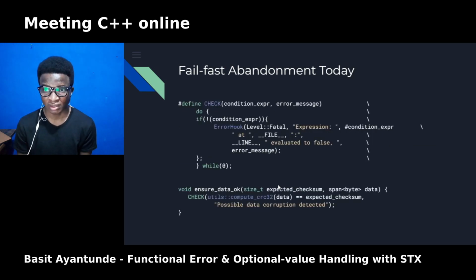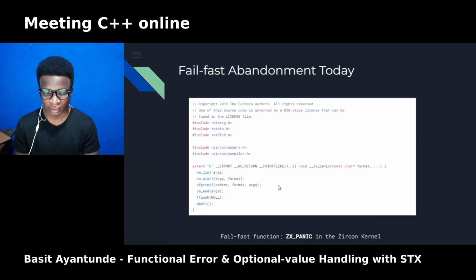More robust projects like Abseil and LLVM provide a customizable error hook, which is just a function you can change at runtime. This function decides how the fatal error is handled. I think it's really neat because it allows you as a user of the library to make decisions on how you want the fatal error to be handled for your project. As you can see, this function named error hook is getting a fatal error level value. So it will handle the error as a fatal error. Basically, it will find a function that is already attached as a hook at runtime and invoke that function.